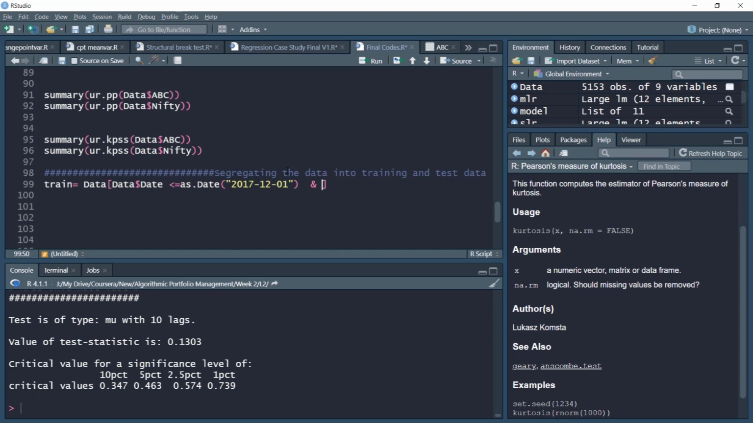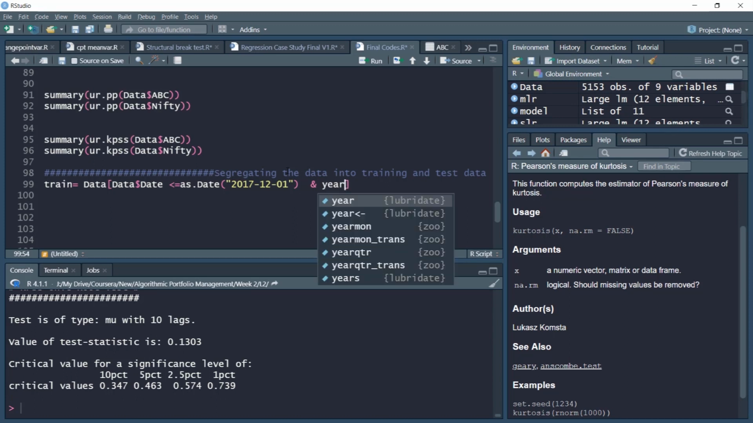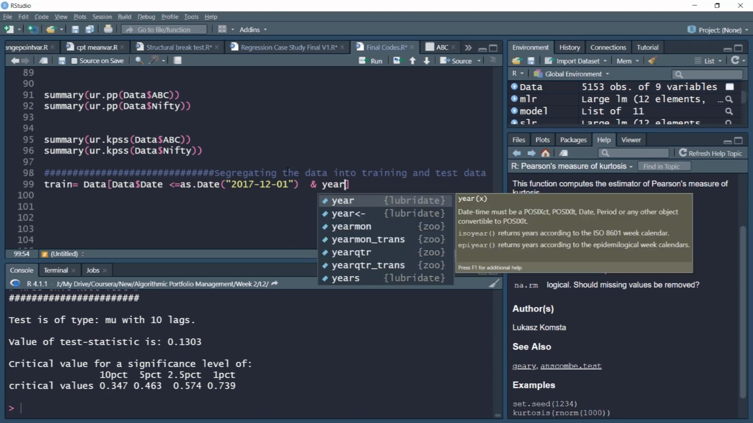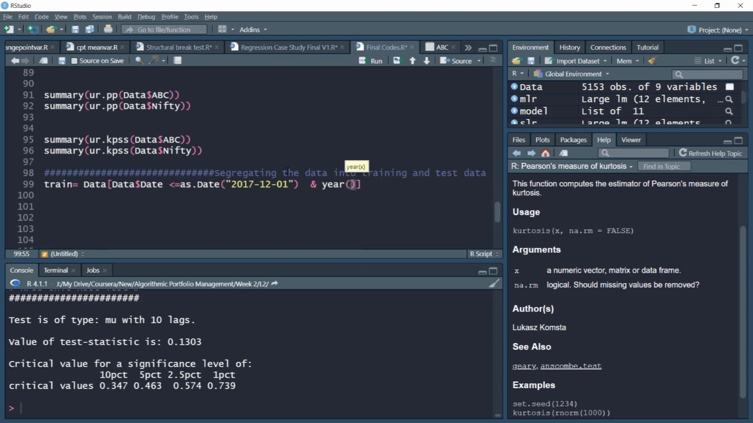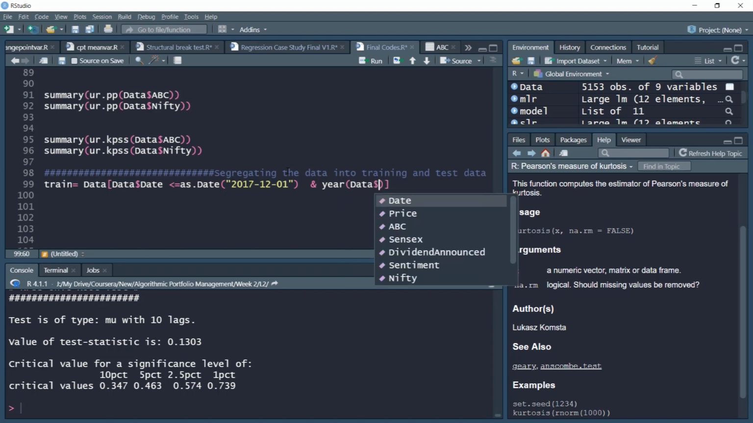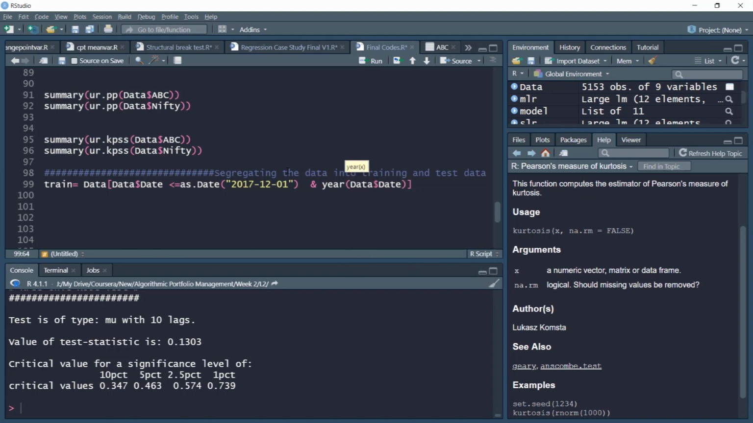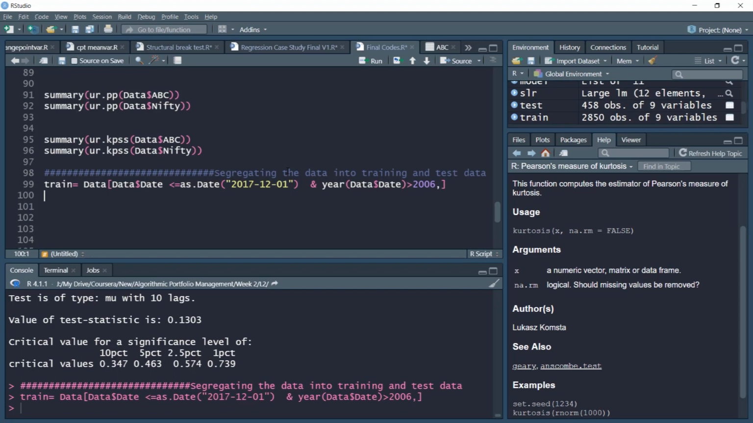Let's say we also filter observations before 2006. We do not want to go too early, so we filter those observations for which the year is greater than 2006. So we are filtering from 2007 to almost 2017. We are filtering all the observations. So this is our train data,